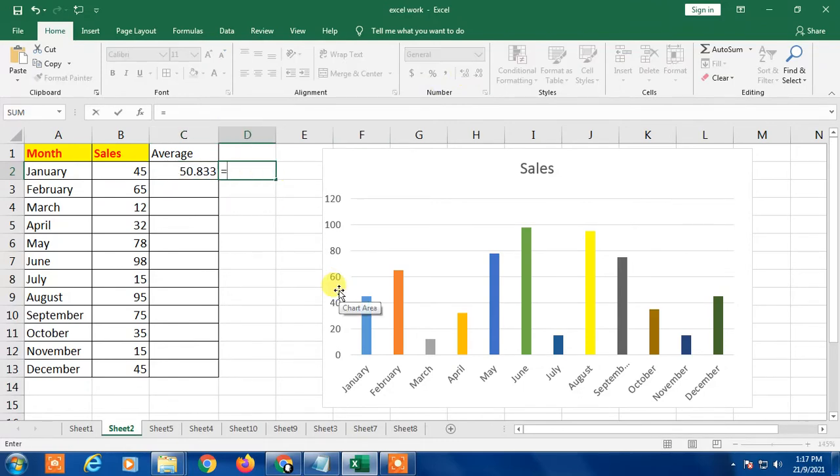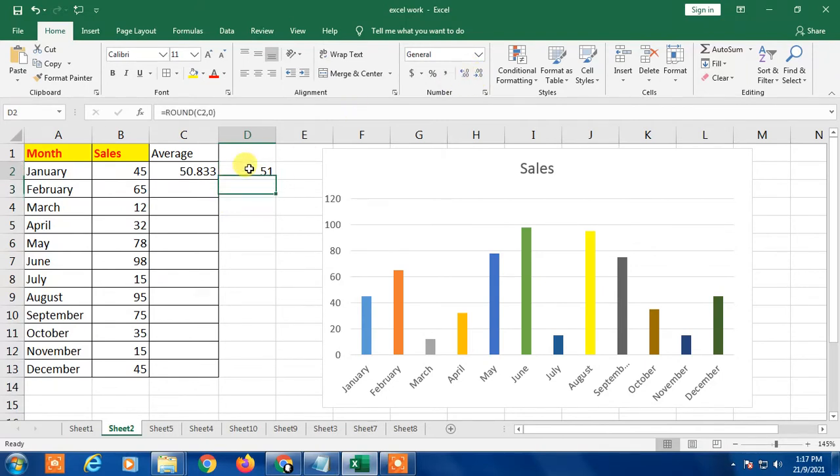If I click equal, click ROUNDUP, and just select, comma and 0, and click, so you will get the roundup value here, and just decrease the decimal from here. Okay, this is my roundup value. So you have to apply this formula to all the rest of your monthly sales.